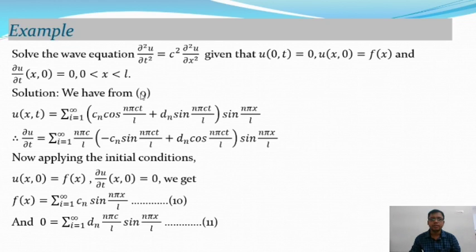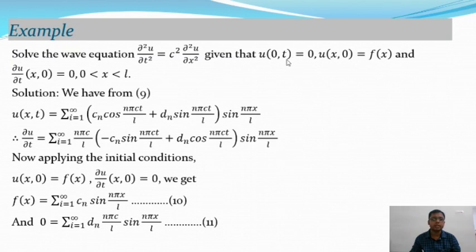Okay, so this is the equation. This is the general solution of the given equation. So u(x, t) is equal to the summation over n = 1 to infinity of Cn cos(nπct/L) plus Dn sin(nπct/L), into sin(nπx/L). So this is the general solution or the suitable solution for the given partial differential equation, where the